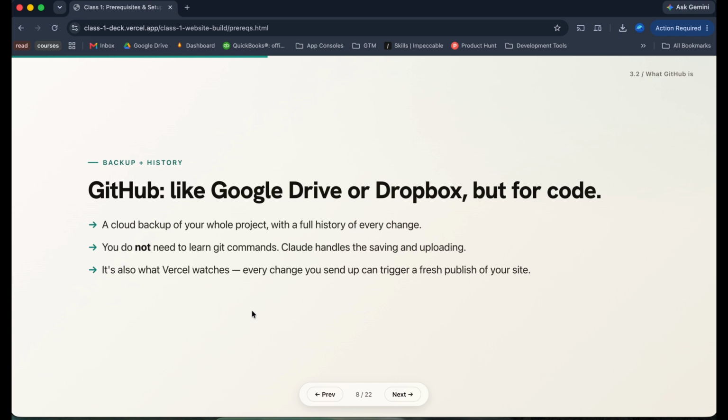GitHub is the next thing that we're installing, and basically think of GitHub like a Google Drive or a Dropbox for your code. You'll push code there, and it's like putting files in the cloud. You can grab it from any computer where you're logged into your account, and it's really just a good place to back up. What's really important in our case also is that we'll use this account to link to a lot of other services, so that they all work together much easier than if we were managing a lot of different accounts. So this GitHub will serve as your central login for most of the services that we are installing and linking to.